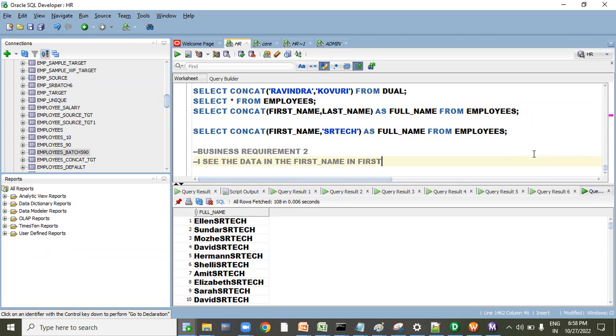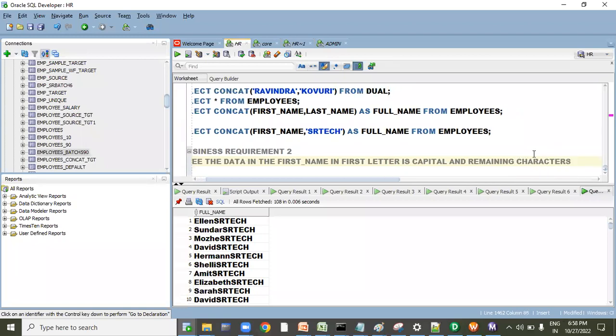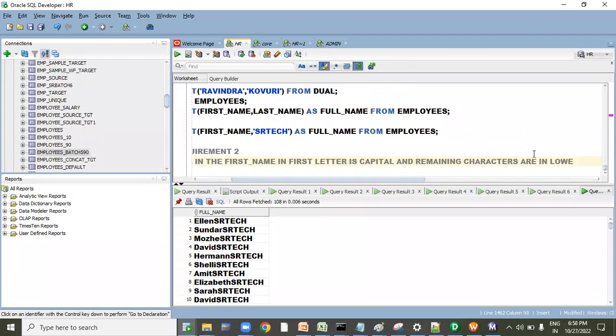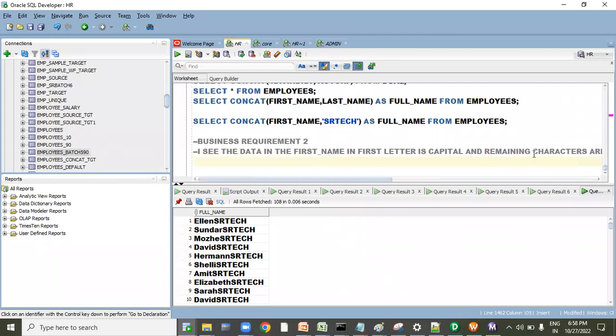First letter is capital, and the remaining characters are in lower case. Now everything should be